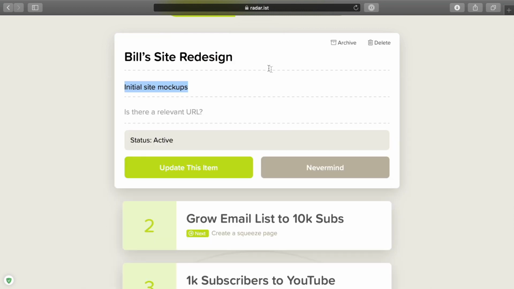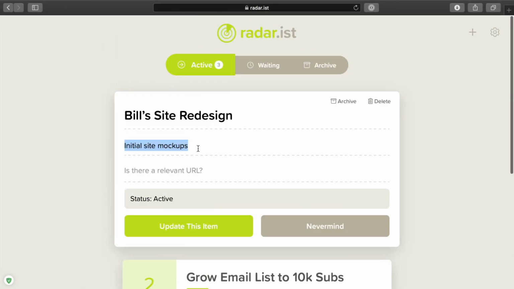So let's say we're working on these initial mockups, right? And we finish them and we send them to the client. So the next thing we're going to want to do to make sure this keeps going forward, we'll just say something like sent mockups